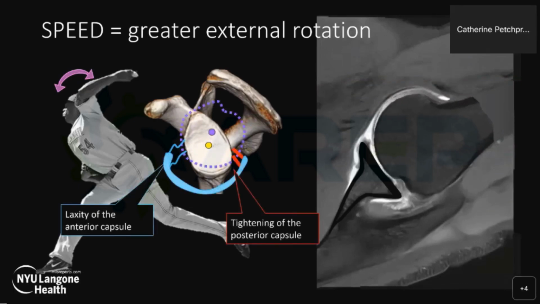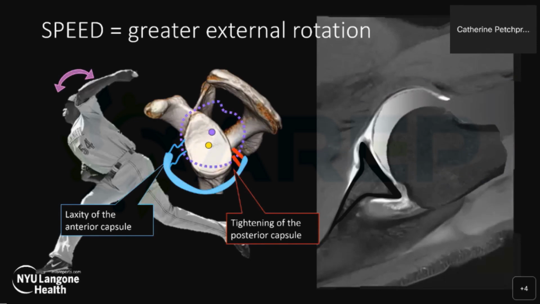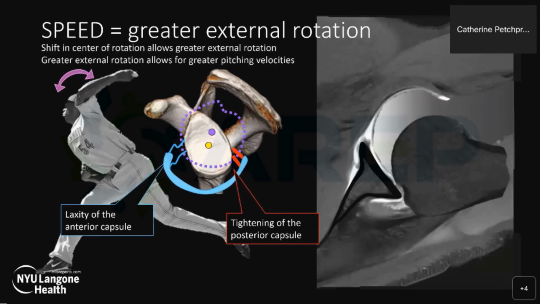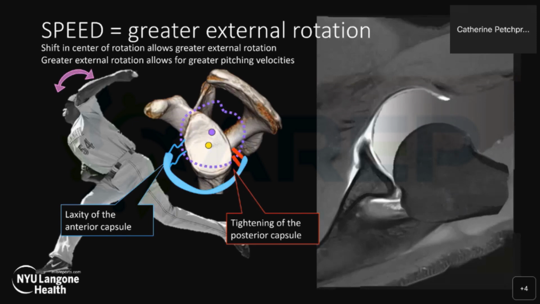To achieve this, pitchers adaptively shift their humeral head center of rotation posterior-superiorly over time. The anterior capsule becomes tight. The greater tuberosity can now clear the glenoid rim and externally rotate further, and the pitcher is rewarded with faster pitches. Over time, these adaptive changes in the shoulder biomechanics can result in pathologic changes in the